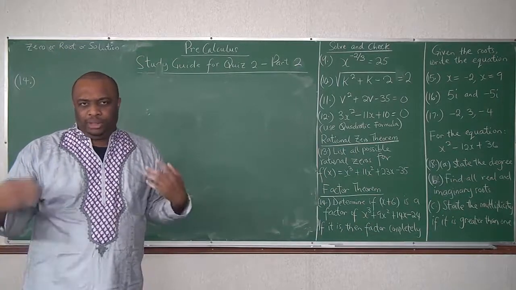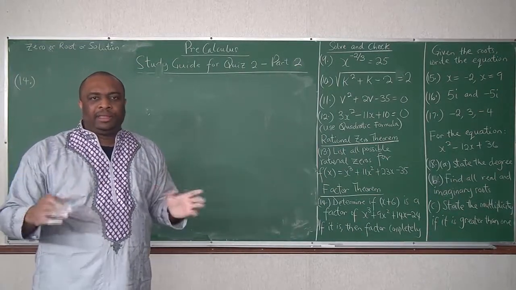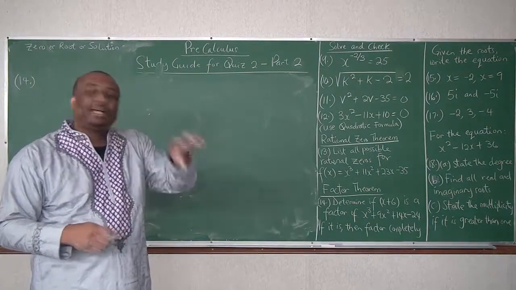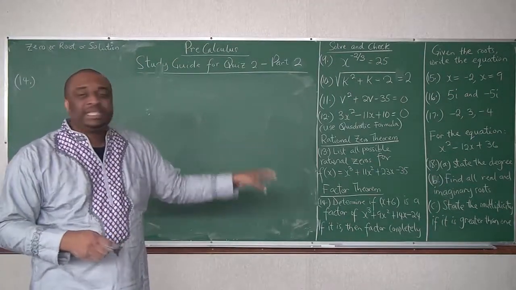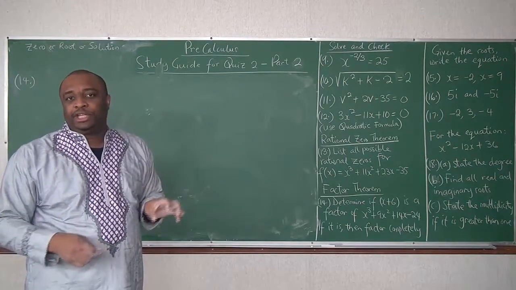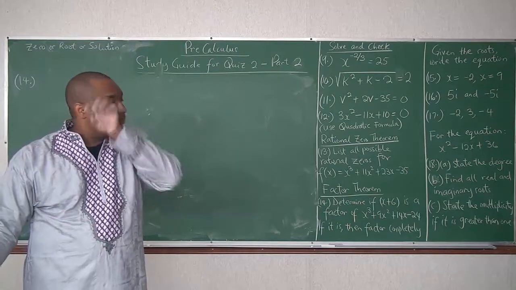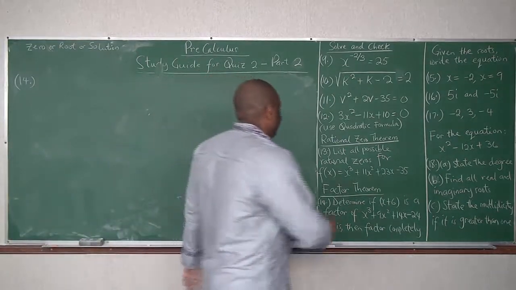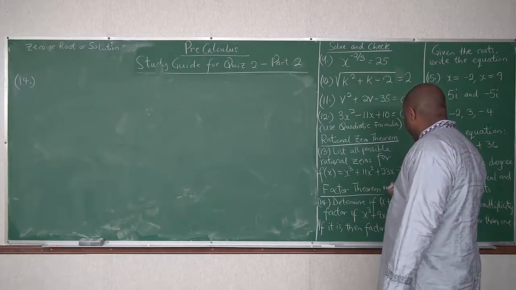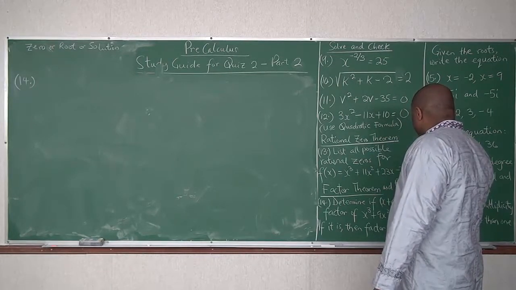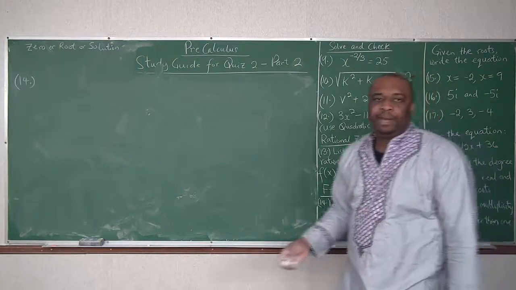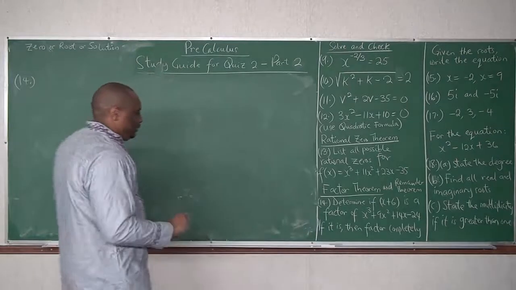Now, we look at whether we use the factor theorem. Remember, the factor theorem means you set the factor to be 0, and then you substitute it in the function. If it gives you 0, because that's the remainder theorem. This is the factor theorem. You can also say remainder theorem, because the factor theorem is just an extension of the remainder theorem, and this is what it says here.